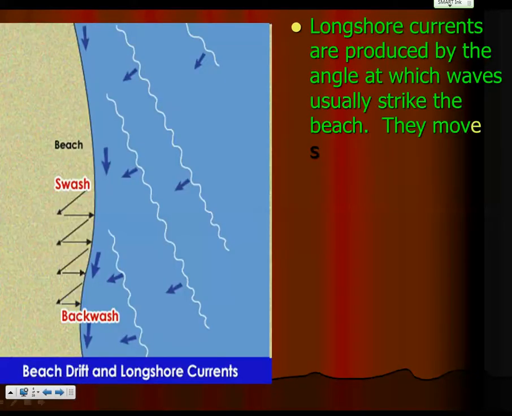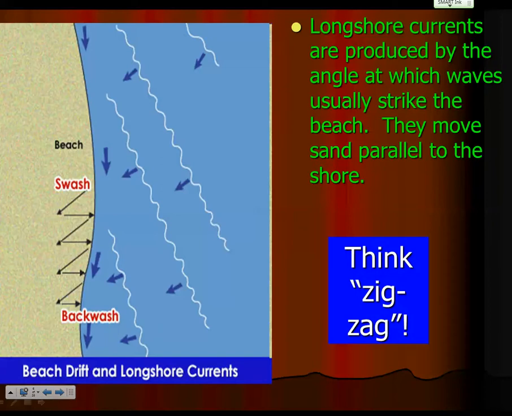Okay, really important slide here to pay attention to, the longshore current. Now, when most waves hit the beach, they don't hit straight on, exactly perpendicular to the beach. They usually come in at a slight angle or a steep angle. And this angle is going to create this longshore current. And what that means is all the sand is going to be moving in one direction down the beach over time. So in this picture, the way that happens is this wave and this wave are going to approach the